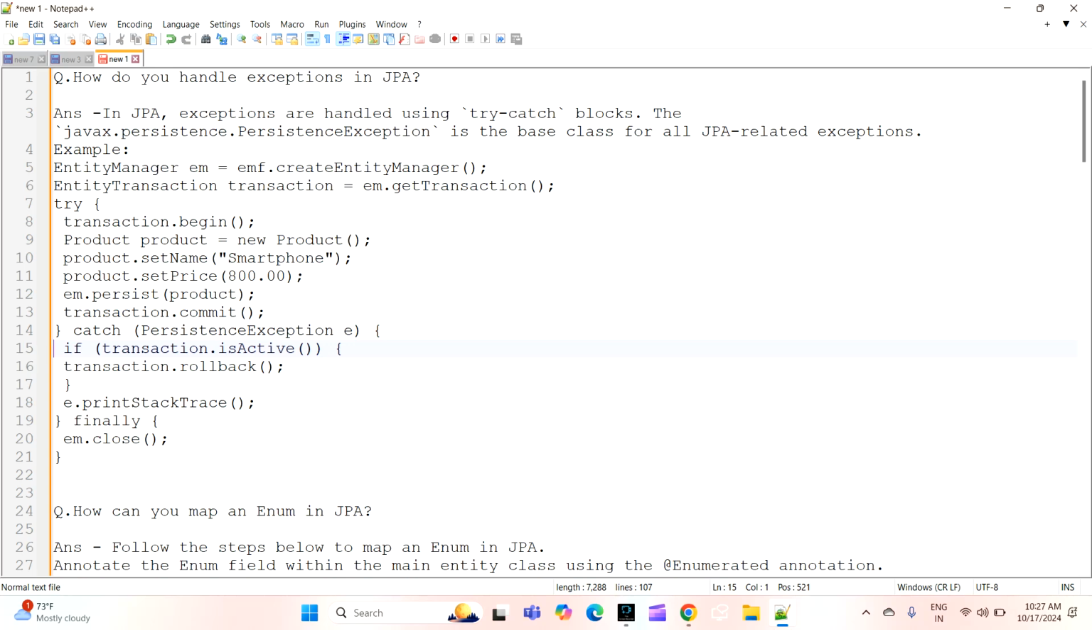Today we'll discuss JPA with Hibernate real-time interview questions. If you are going for JPA implementations in Spring Boot microservice applications, what are the questions the interviewer will ask? These are all interview questions which we collected from different